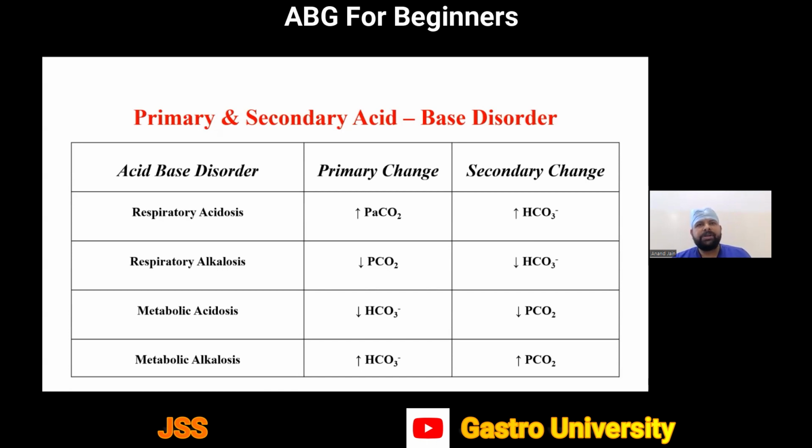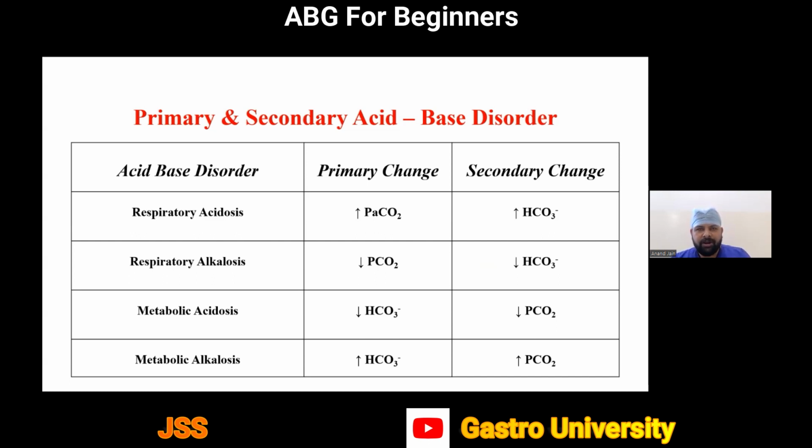So for the case, if the patient is having respiratory acidosis, the PaCO2 will increase. At the same time, the bicarb will also increase, right, to maintain the pH. But if it is respiratory alkalosis, then the PCO2 will drop and so will the bicarb. In cases of metabolic acidosis, the primary change is in the bicarbonate, that the bicarbonate declines and it causes the PCO2